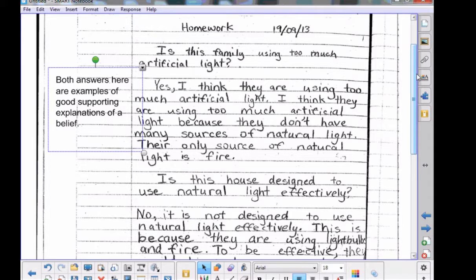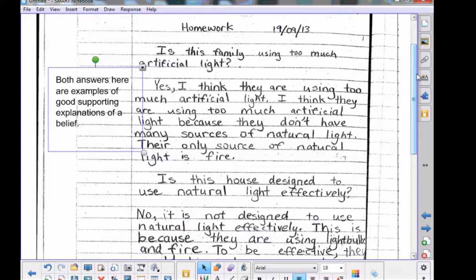So the student here has decided one way or another. Yes, I think they are using too much artificial light. But more importantly, they've backed up their belief with reasoning that shows a logical thought process. And this is important because in grade 4, when you're answering word questions like this, an explanation of your thought is expected. So justify yes or no answers, not just with words like because I think so, but